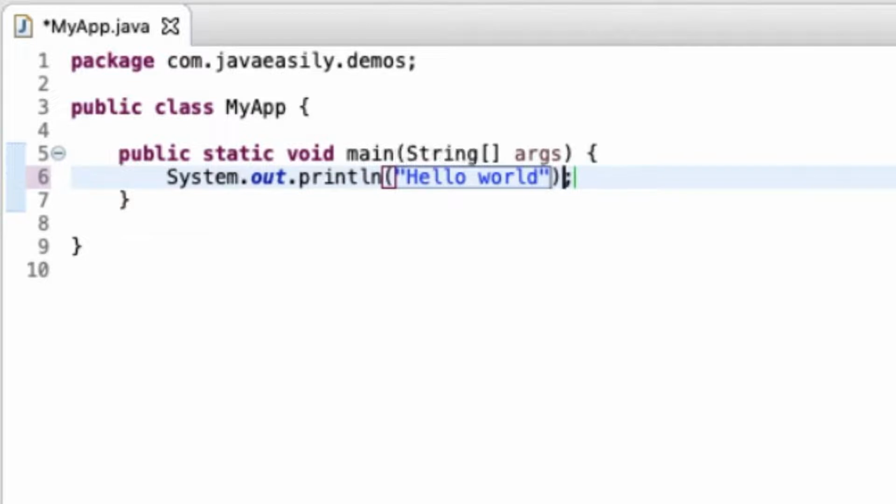If I move this cursor away, you can see as soon as I moved it to the right, by the way, I'm using the arrow keys to do this, so your left arrow moves you one way, right arrow moves you the other way. So as soon as I moved it to the right, because we were outside of those parentheses, then Eclipse noticed that there's no point in giving us that little helpful tip which told us what it was expecting, which was a string.